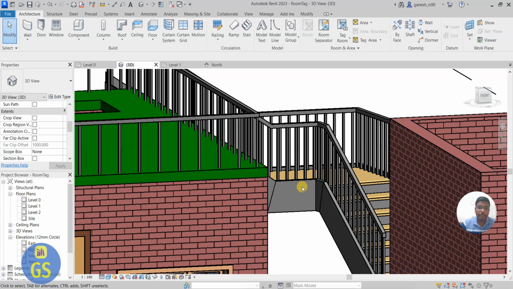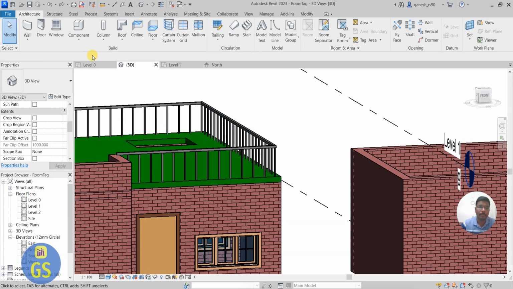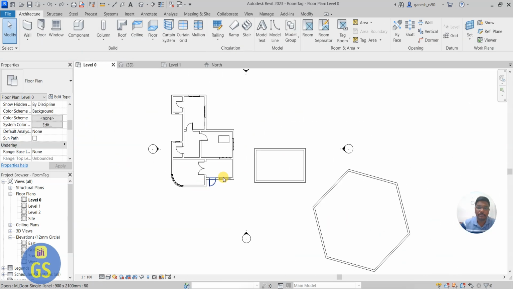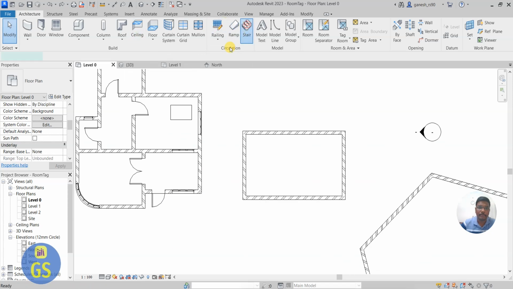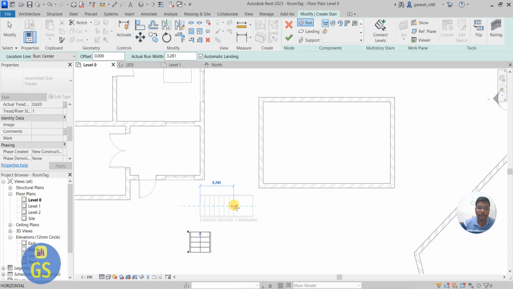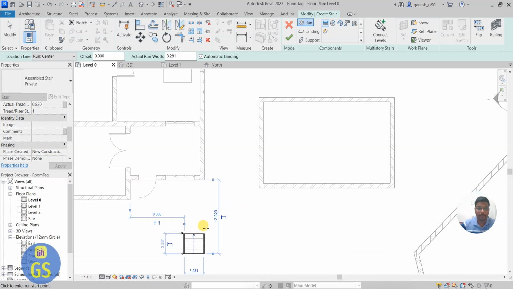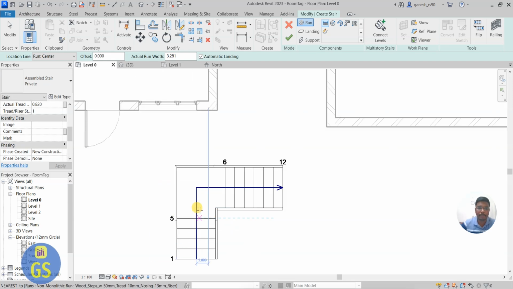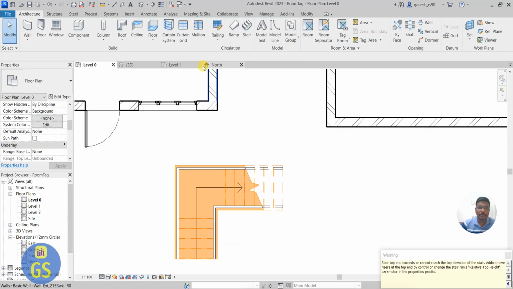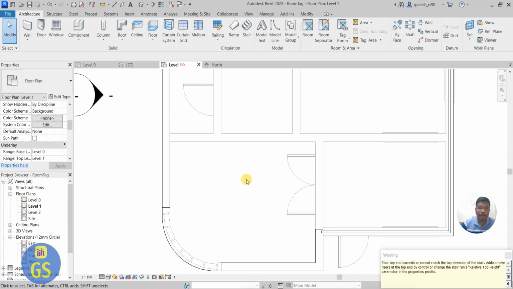So what you can do here, you can make the staircase properly, just go for it. Stairs, keep a spacing, and then go for your part. Okay, now you can see proper spacing. Click apply. Now you can see this staircase is available over here, but I want to replicate the staircase in